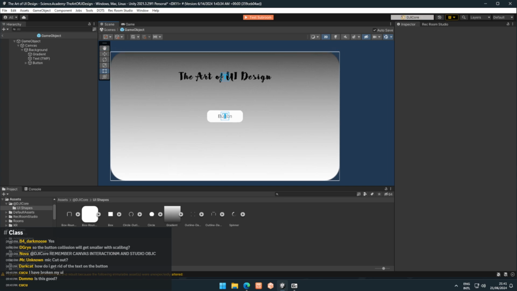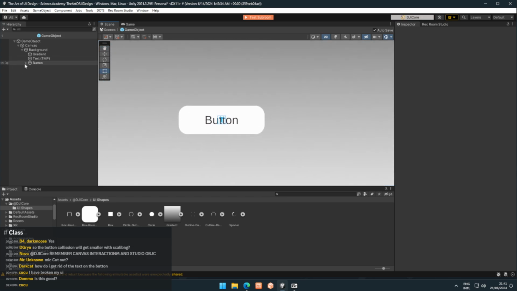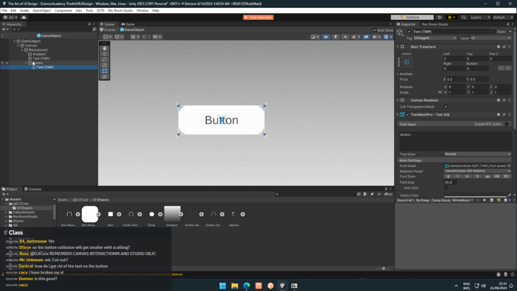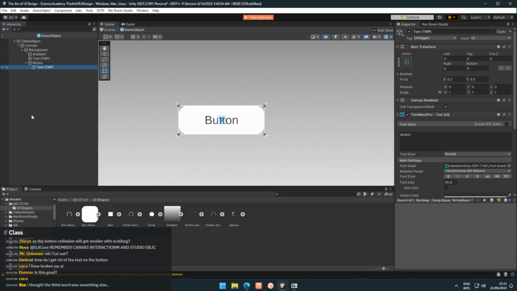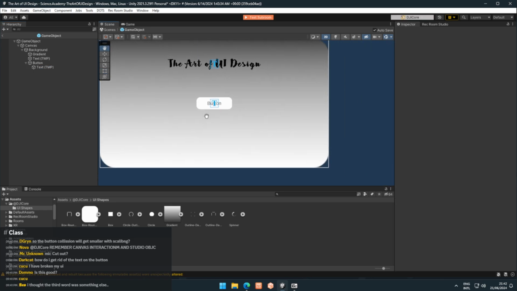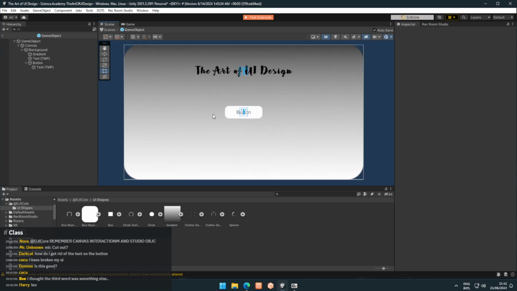How do you get rid of the text on the button? If you don't want text on the button at all, you can again go in the hierarchy, find the text that's under the button, right click and just click delete. Alright, so now we have a title and a button. Now let's add a very basic